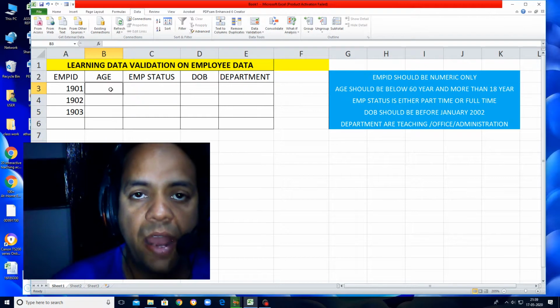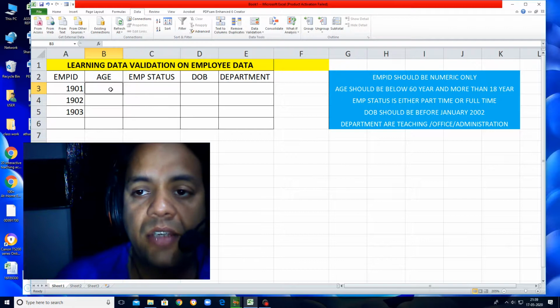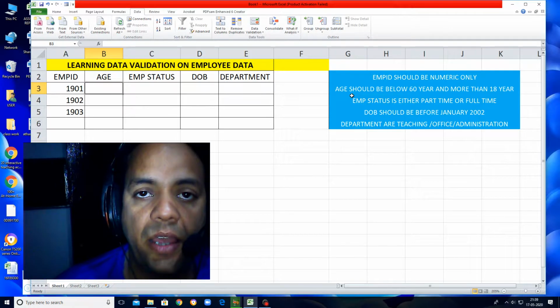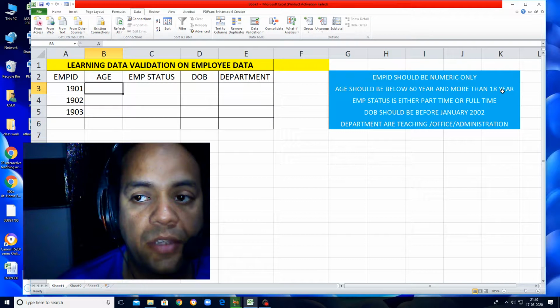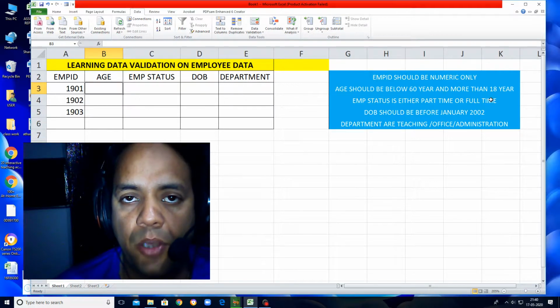Now I have to enter the age. But before entering the age, I should know the rule. The age should be below 60 years and more than 18 years. Obviously in India, in most offices, we have a rule that an employee should be more than 18 years and less than 60, because at 60 they retire. How to set this rule?